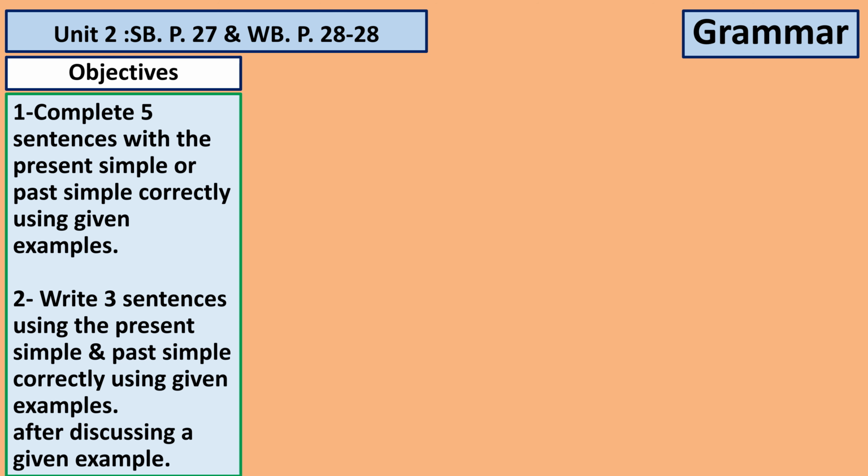We are in Unit 2, Student Book, page 27, Workbook, page 28. What we are going to study now is grammar. Our objective for today, number 1, complete 5 sentences with the present simple or past simple correctly using given examples. Number 2, write 3 sentences using the present simple and the past simple correctly using given examples after discussing the